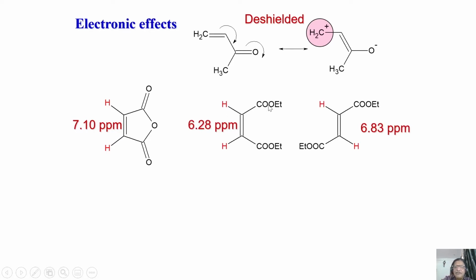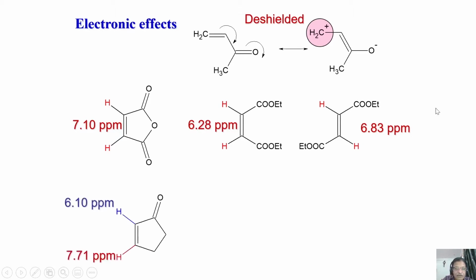And of course, we have come across substituted ethylenes, and you see the shift on substitution of COOEt in this molecule. Remember, these two peaks, of course again chemical equivalence is there, are shifted to 6.28 ppm downfield. Whereas instead of cis, make it trans, you see the peak has already moved a little bit more, another 0.6 ppm down, so close to 6.83 ppm. So this is all because of the electronic effect. If you study why it is happening, there will be additional de-shielding here because of that.